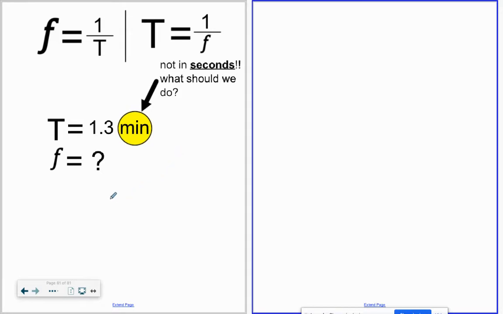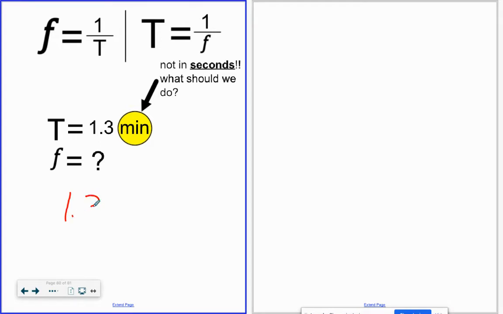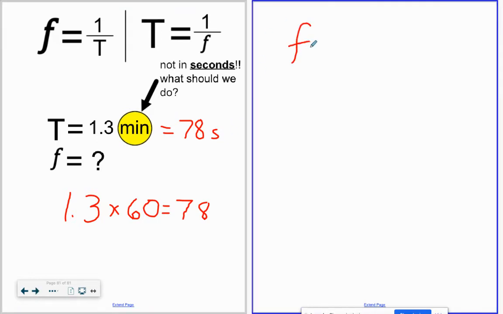So in this particular case, if I'm going to convert minutes to seconds, I need to take my minutes amount and multiply that times 60, which is the amount of seconds in a minute. That's going to give me 78 seconds. Now that I have 78 seconds, I can easily determine my frequency. As you know, frequency equals 1 over t. In this case, 1 over 78. And as I determine what 1 divided by 78 is,